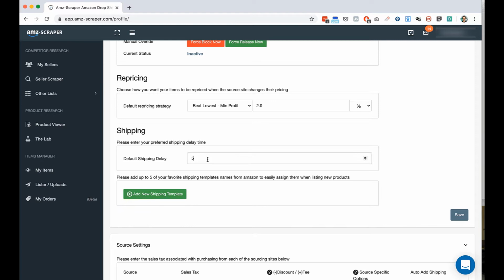We like to put 5 days because, again, shipping is still kind of a little bit chaotic. We don't want to be too aggressive on this and put 2 or 3 days, but that's it. You just do that. The other thing that you can do here is you can actually bring in your shipping